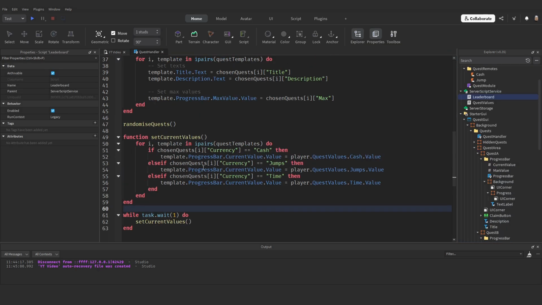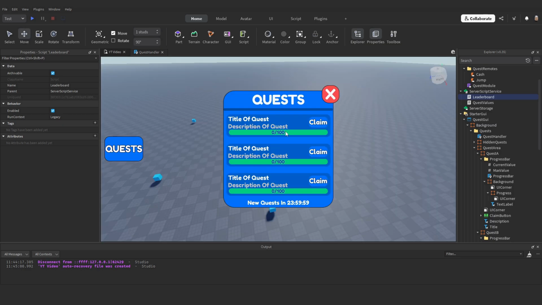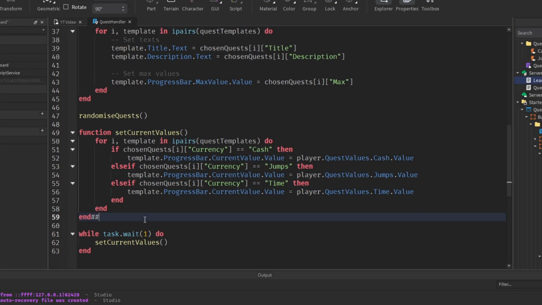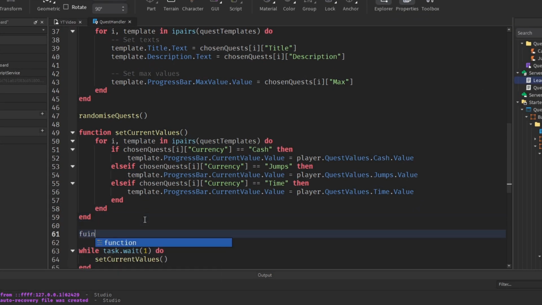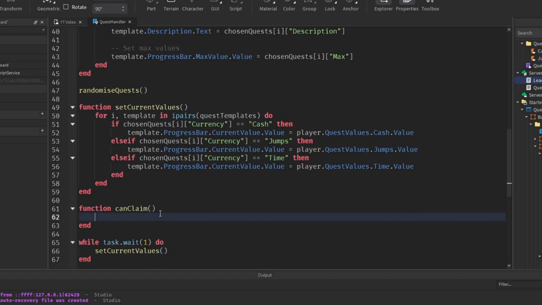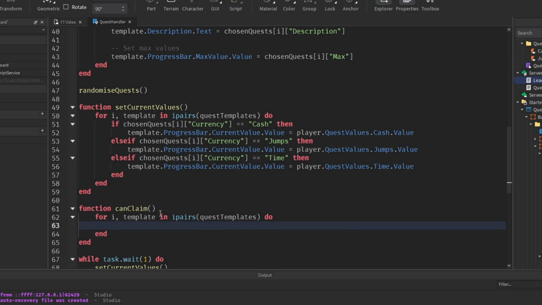Okay, now let's make the claim buttons work. We only want the claim buttons to be visible if you can claim the quest. So let's add a new function below our set current values, and I'll name this canClaim. In here we're going to loop through each template. So for i, template in ipairs(questTemplates) do